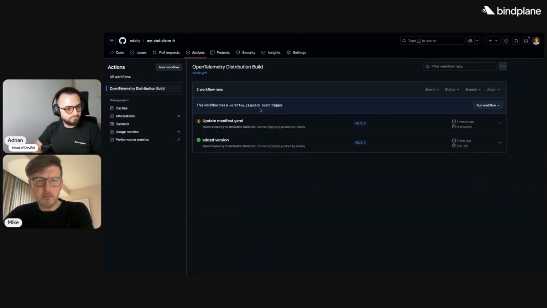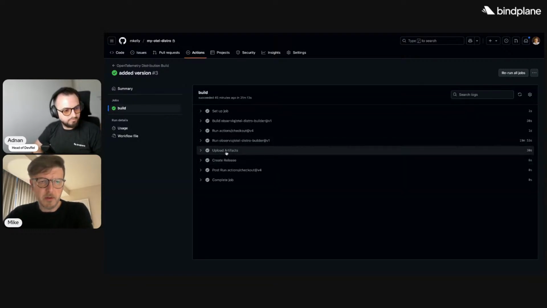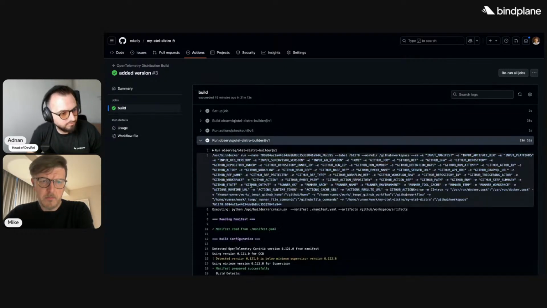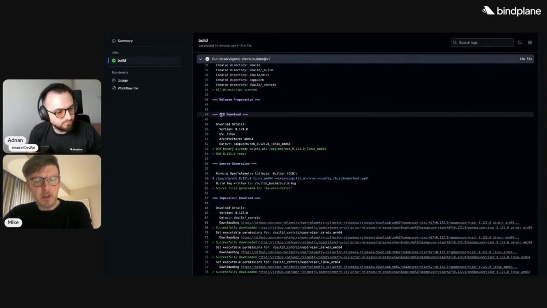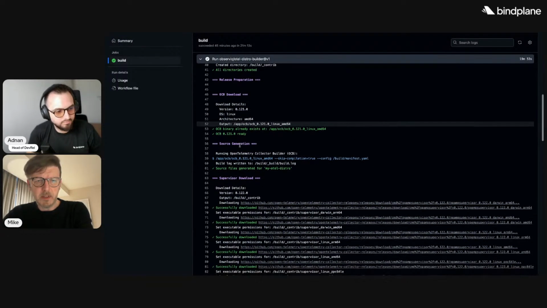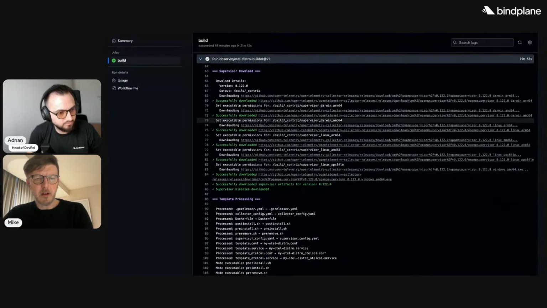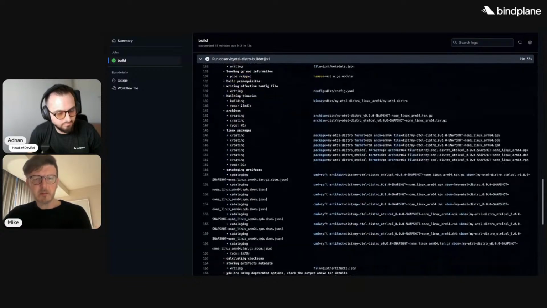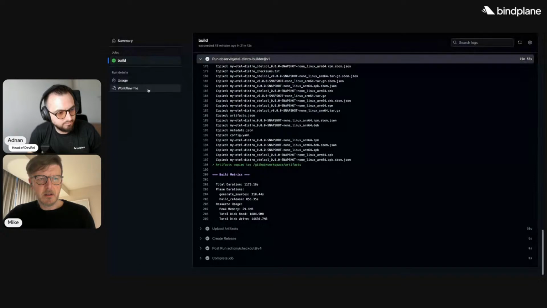And actually, I'll go into this version really quickly. So it was 21 minutes for a full collector contrib build. And just see a couple of the other items. So we pull in OCB, we pull down the source, we're gonna generate that, grab the latest supervisor, process templates, build up that release with GoReleaser, and then we're gonna actually create that new release. And we'll see that,